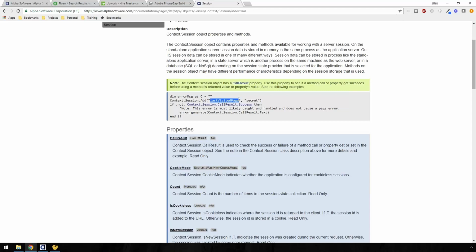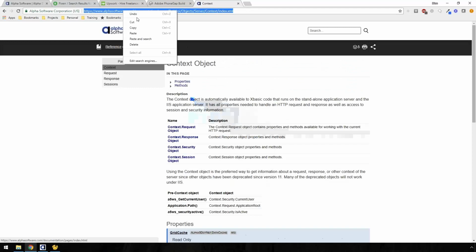And there were a lot of notices when we switched over. You can still use things like session dot to do that, but we really recommend it. We do a lot of stuff behind the scenes to make your life easier, but check out the context object. But you'll find that in Alpha, and I'll go ahead and take this, and I'll go ahead and put it into